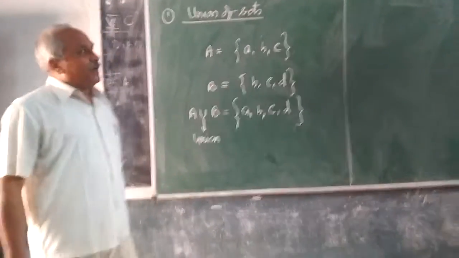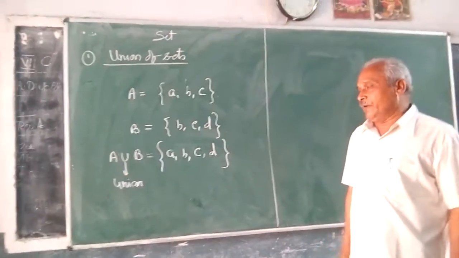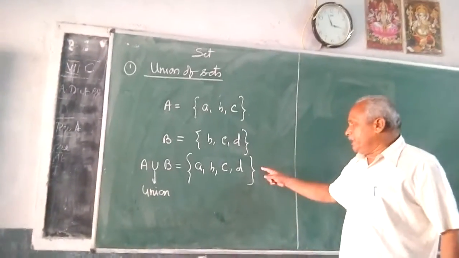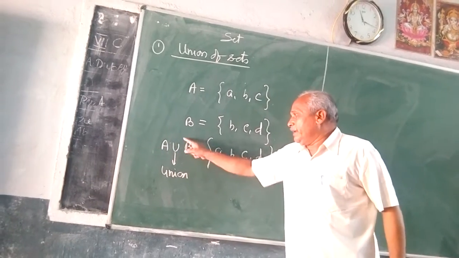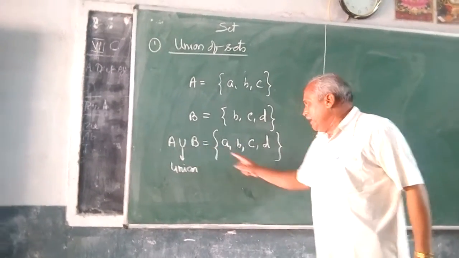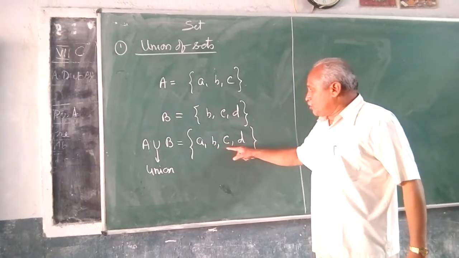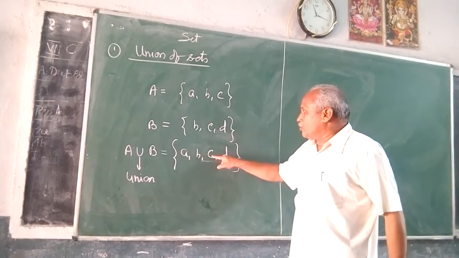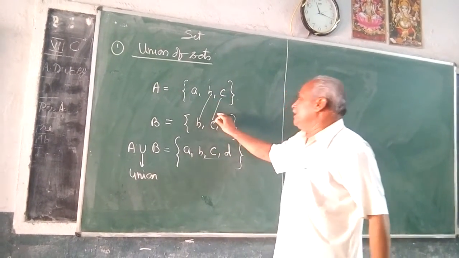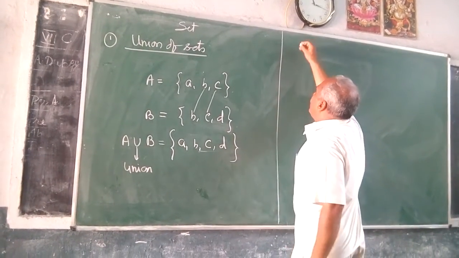This is the example. Now, from this example, you can see how the definition of union is given. From this collection, what do we see? If A and B are any two sets, then their union, represented in the form A union B, is a set whose elements either belong to A or belong to B or belong to both. See, b and c, these two elements belong to both. Therefore, in language form, what do we write?